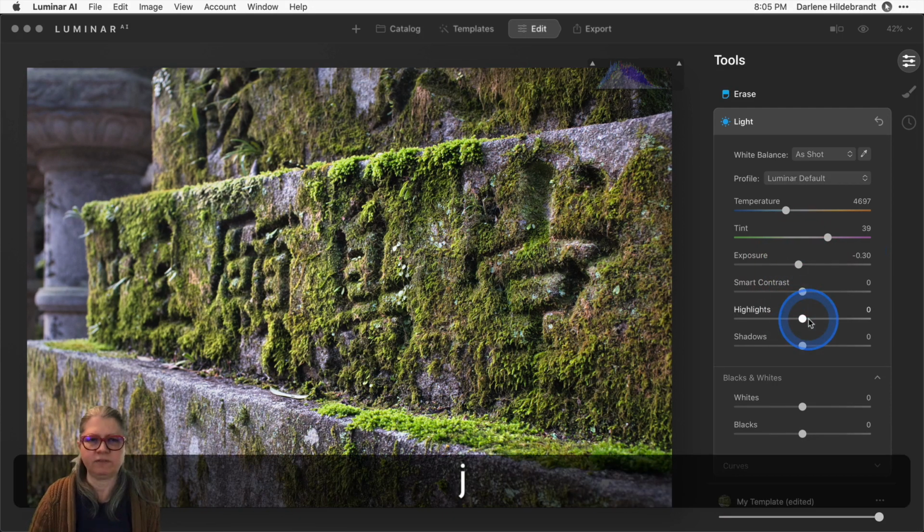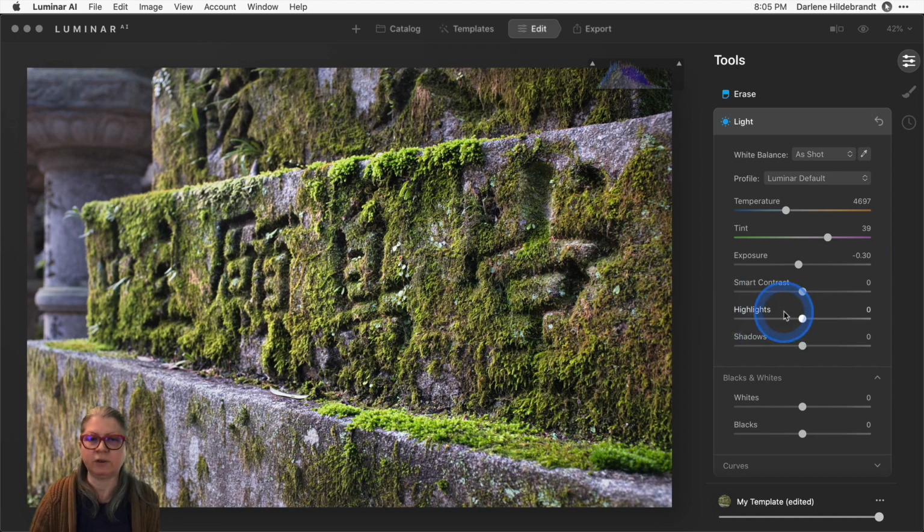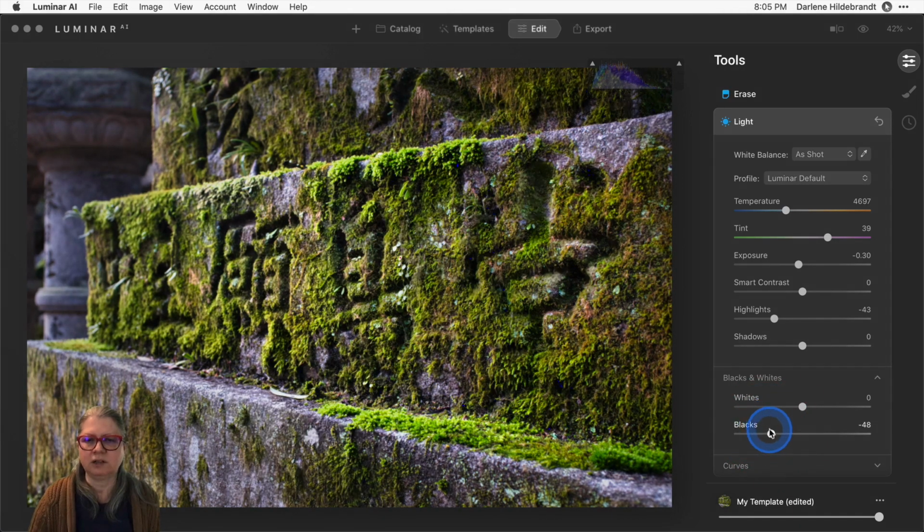And let's see if we have any clipping. So I've hit the J key, so we have no whites clipping, only a tiny little bit right there on that one leaf, so I'm not too worried about that. But we can pull the highlights down. But I do want to have a little bit of black clipping, remember, because we want to have some extra punch. And look what happens to the colors once again. Now we've got a few of those blue areas starting to clip. And look what happens to the color as soon as I do that. Okay, so remember our dance. Contrast, color. So now that I've applied this, I'm going to have to go and adjust the saturation.